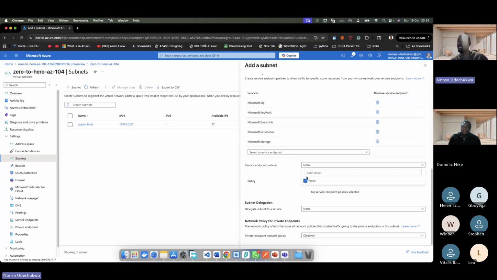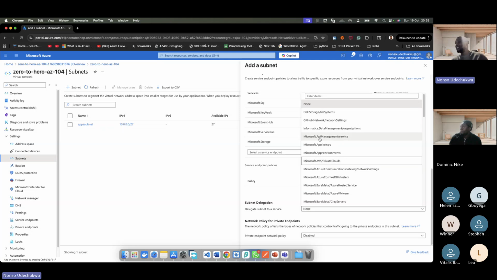Serving endpoint policies is set to none. It always makes sense to set this to none, unless there is a specific reason you want it to behave a certain way. Delegation, if I want to enable delegation, right? Let's say